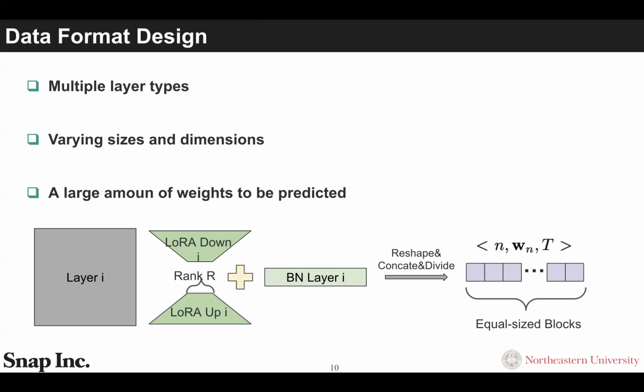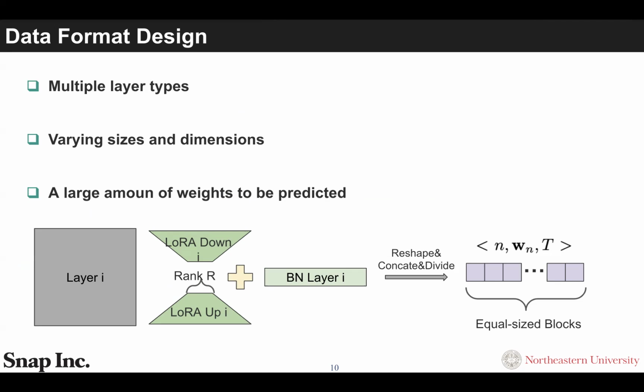Even with LoRA, there are still more than 200,000 weights to be predicted. And this requires a large weight generator with huge computation and memory burdens. To deal with this, we divide the weights into groups to reduce the complexity, and to make it possible for the weight generator to be fitted into the memory.